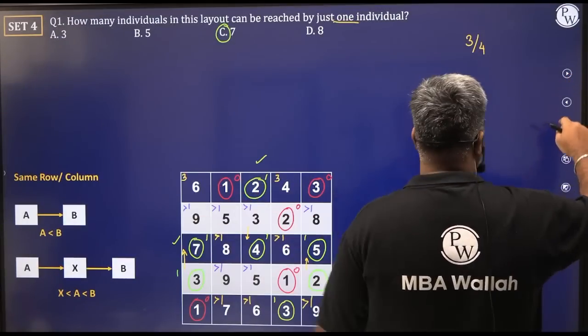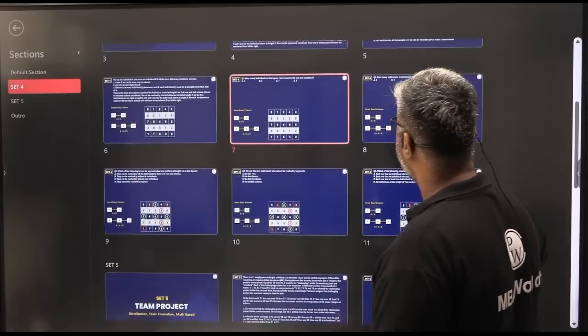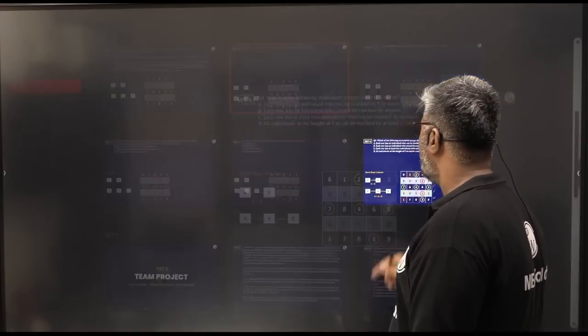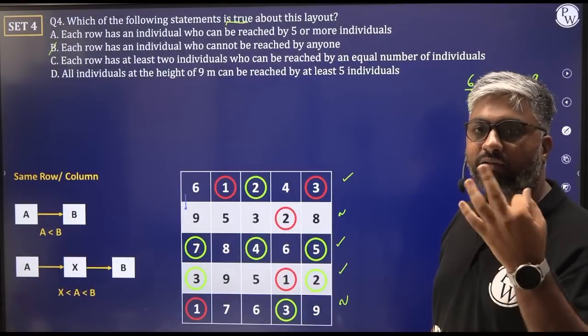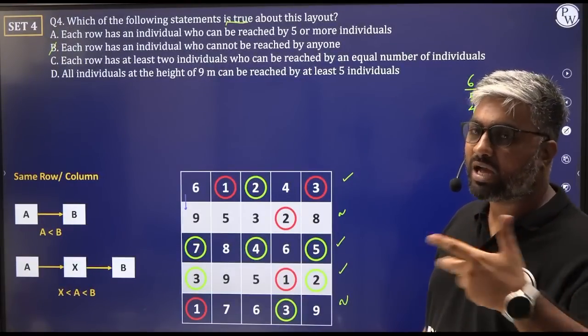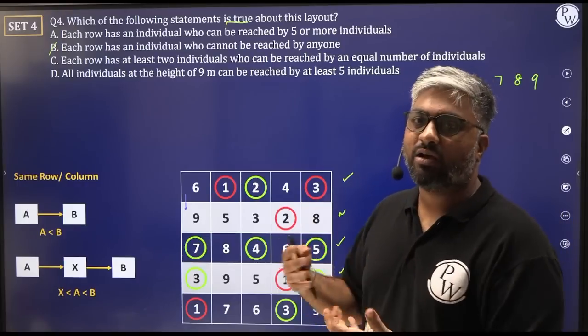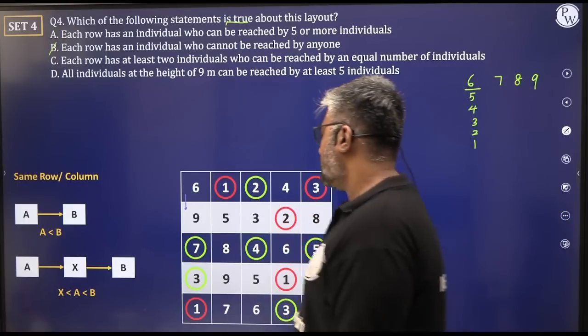ये 9 का हमने नहीं किया, right? We were lazy then, but it's not called being lazy. It's called being frugal. We are not wasting our energy for one question, right? We got 3 out of this. I think we should be happy and leave. But for the sake of understanding of this, we'll have to do this. So let's do it.